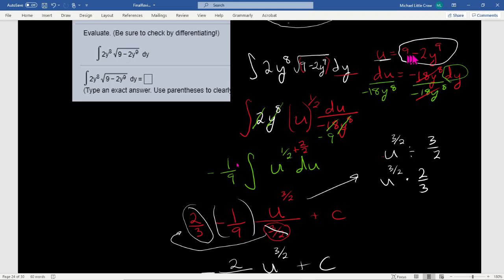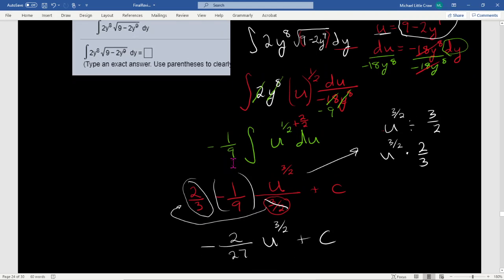It really is 9 minus 2y to the 9th. So what we're going to do is take our answer and back substitute what u really is in terms of y, right? Again, those are all words that kind of just flow together and don't really mean much at a heart level, but